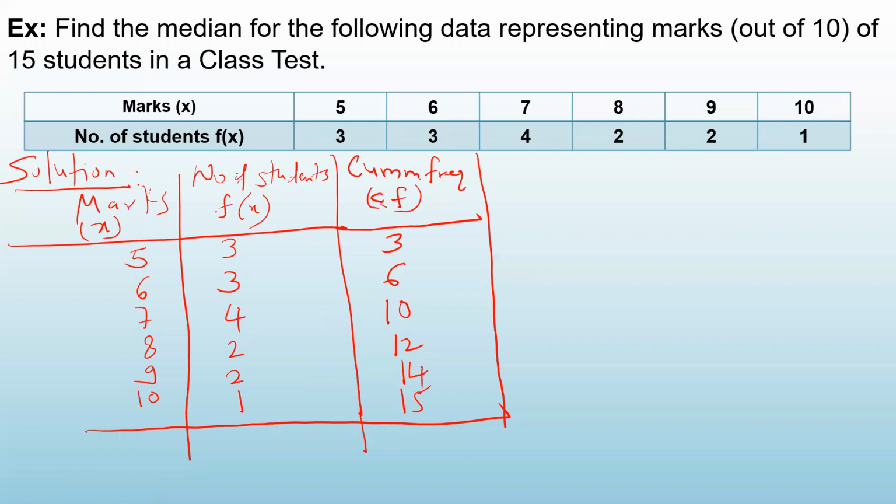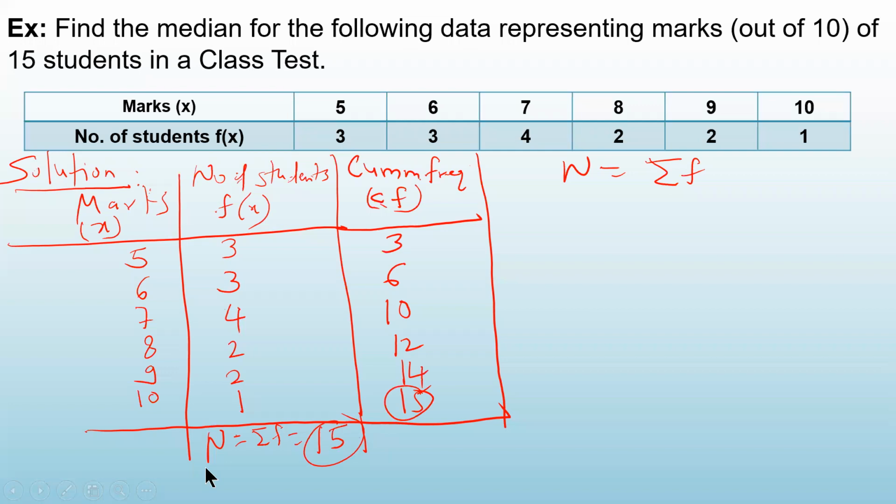In the second step, what you have to do? You have to find capital N. Capital N is the summation of frequencies, that is, total values in the data. So add this frequency column: 3 plus 3 is 6, plus 4, 10, plus 2, 12, 12 plus 2, 14, plus 1, 15. You can see that this and this should be the same, correct? So summation of frequency is 15. That means total values in my data is 15. Yes, so this is the data of 15 students.